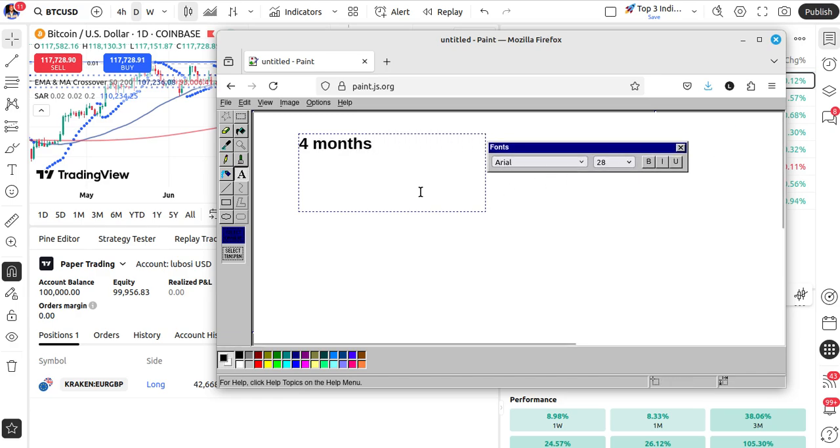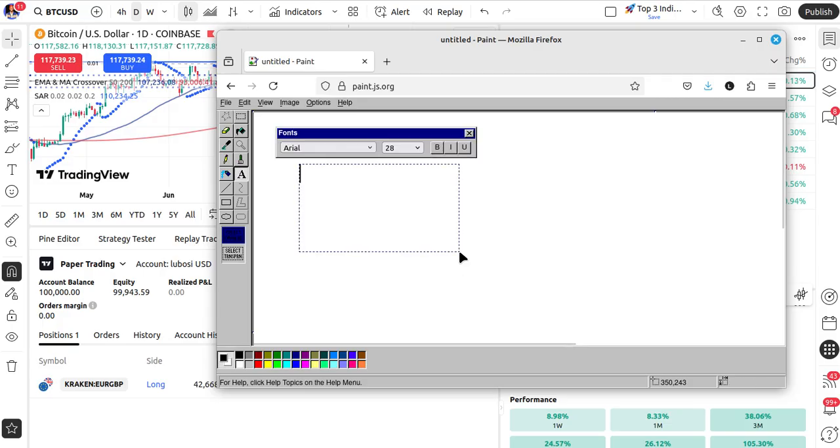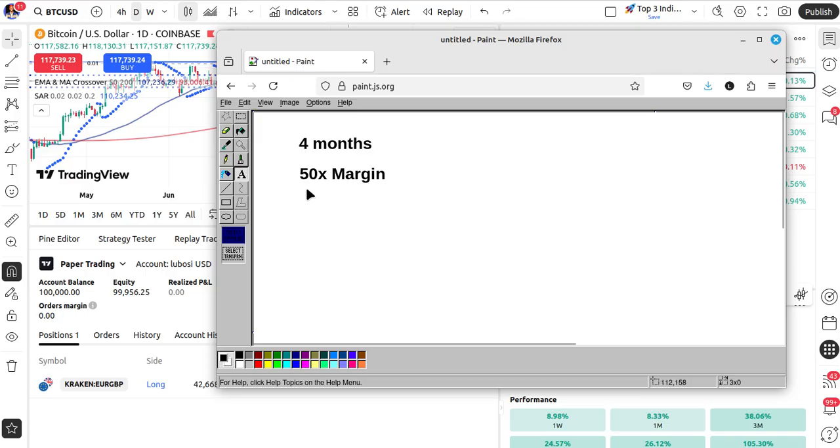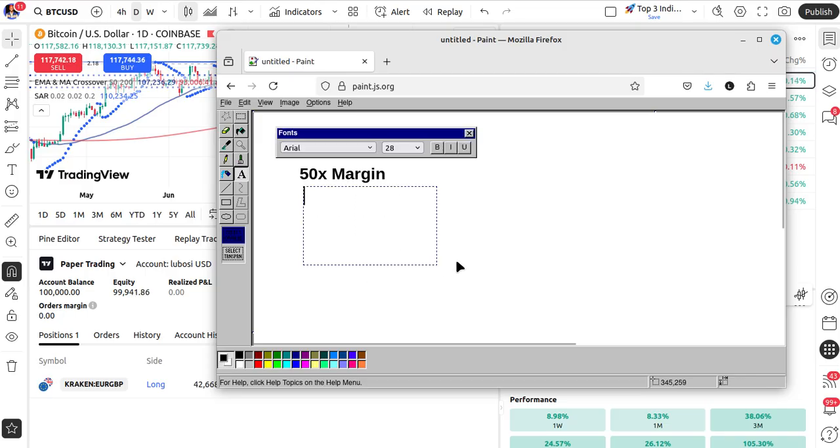You hold it for about 4 months, and it's about 50x margin. You're risking about 10 to 6%, but then your profit